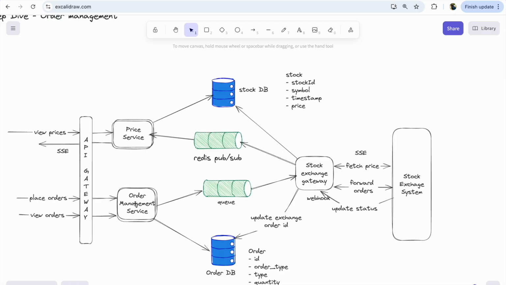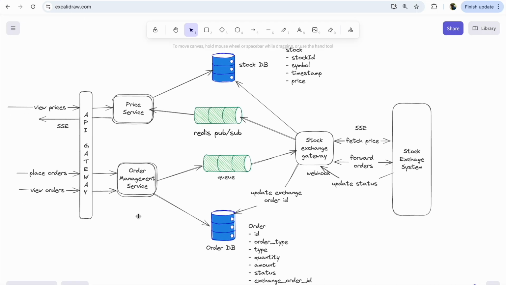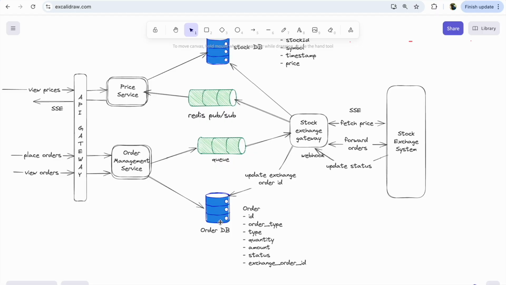Next, the order management service. This is highly consistent, because we are storing the orders here, and this is the exchange order ID we are maintaining. So one thing we have to keep track of is, once the order is accepted by the stock exchange system, the stock exchange system will provide one exchange order ID, right? Then we are done here, because the order can be failed, successful, or in any other state, but that will be handled by the stock exchange system, because in this system we are just